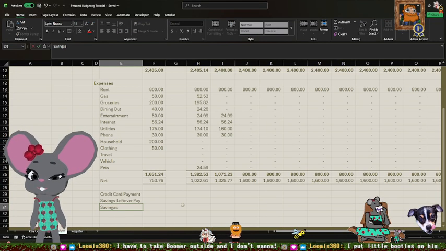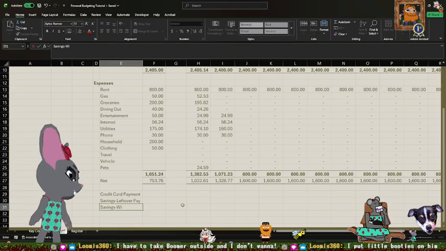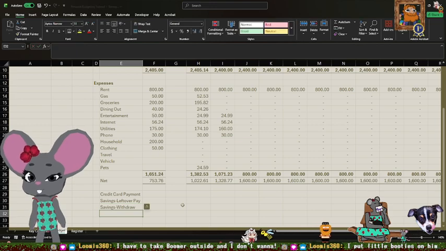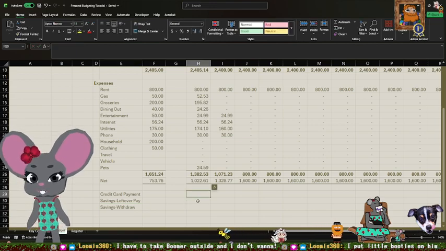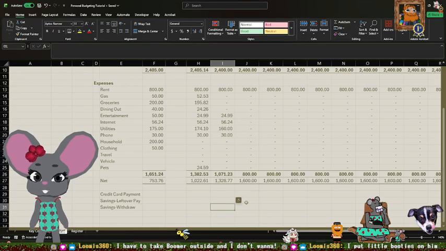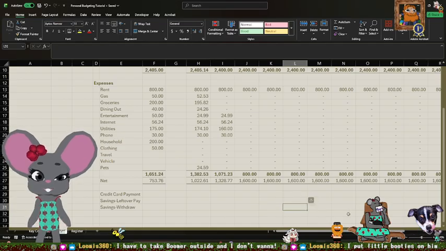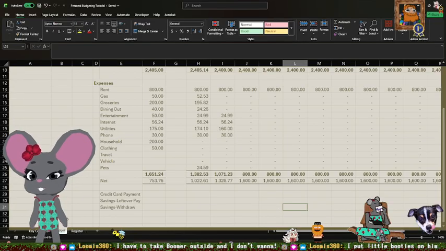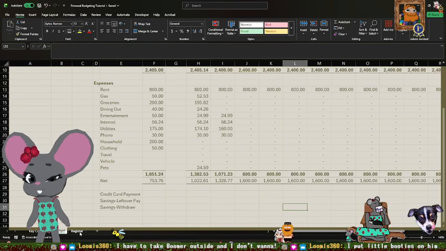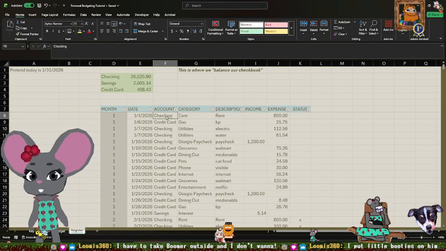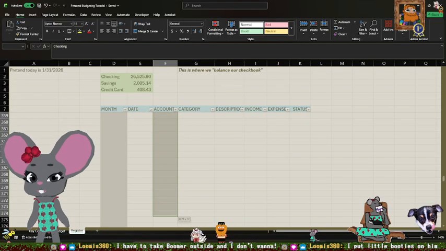So we'll do a savings withdraw. And then we can total up those amounts that you either are able to put away or have to extract from every month and see what the net of your savings habits are.